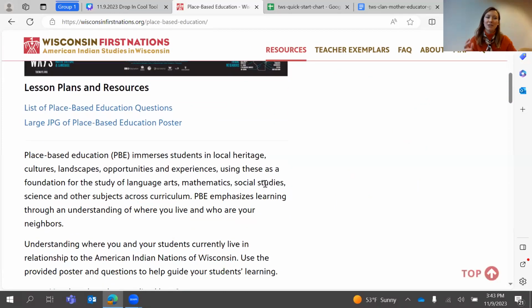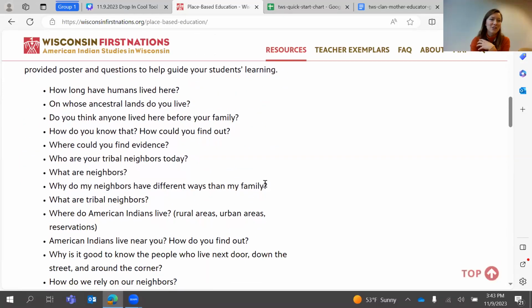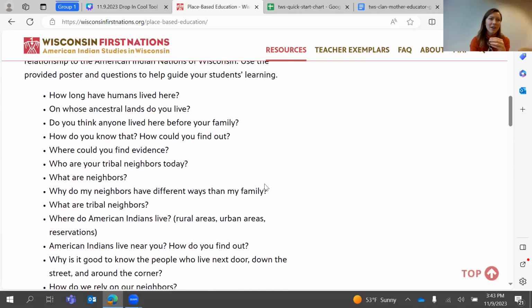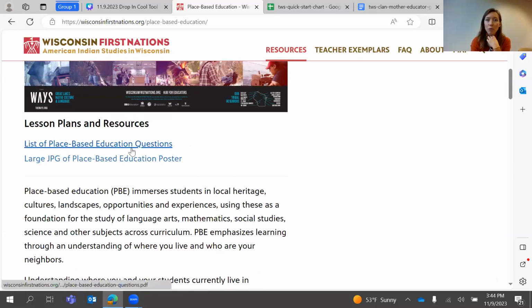But I love this definition of place-based education as immersing students in local heritage, cultures, landscapes, opportunities, and experiences. And these are really the foundation across different subject areas. It doesn't have to stay in ELA and social studies. So this really helps students cultivate that understanding of where they live, of neighbors. You can see just a small clipping of prompting questions that really ground students in place,